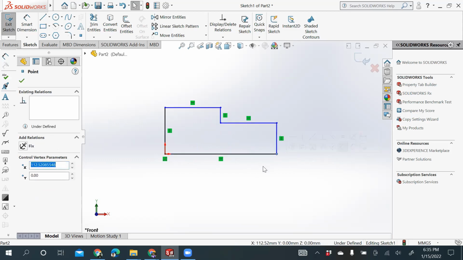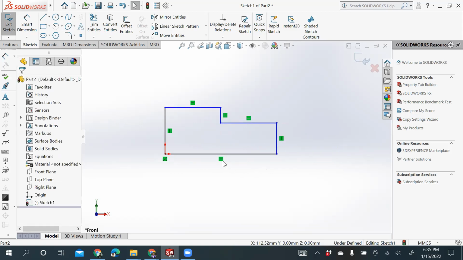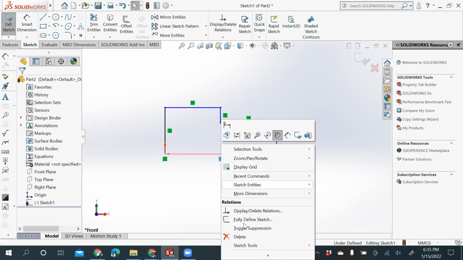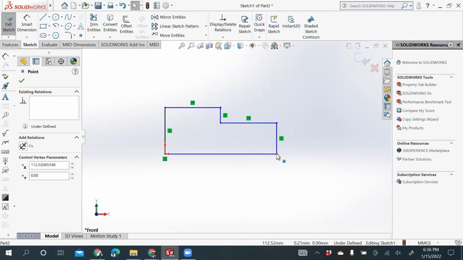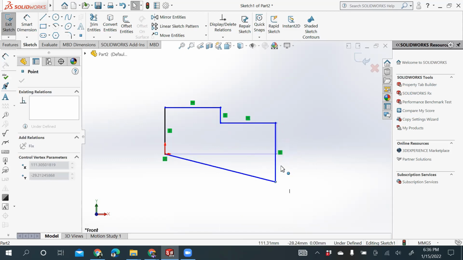Now I'll hit the escape button. As soon as I delete this particular relation, by right clicking, I can delete this relation, and now as I've deleted it, I'll try to see if that relation is holding or not. See, that horizontal relation has vanished. Now this line can go up or down.